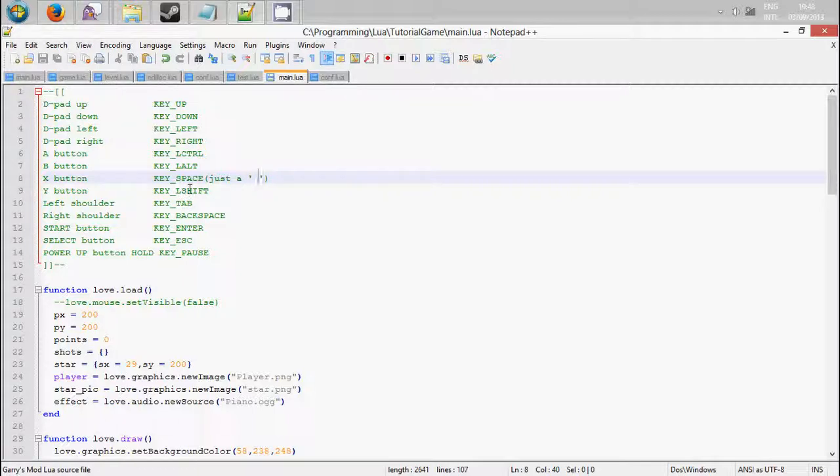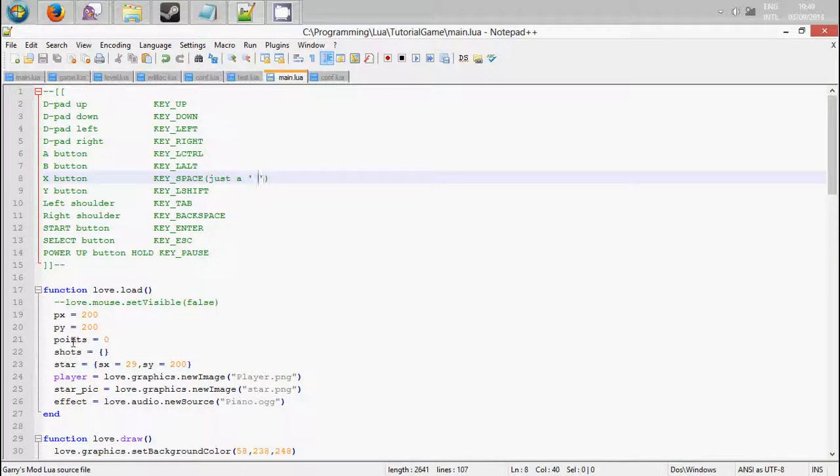Y button is L shift. Left shoulder button is tab, right shoulder button is backspace, start button is enter, and select button is escape. And for the power button, there is no key pause on the keyboard, so you'll write pause on its own,